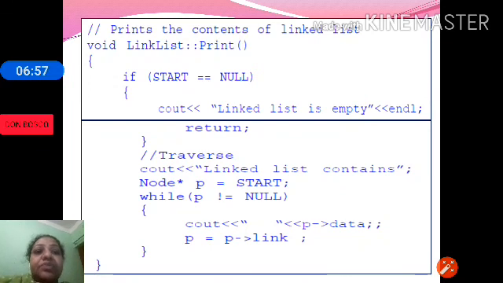So as P is pointing to the starting node, while P is not equal to null, we print the data, and P is equal to P of link. We are making P move to the next node, and again we print the data and move P to the next node. Once P reaches the last node, the link part is always null. So when P becomes null, the traversing process stops.